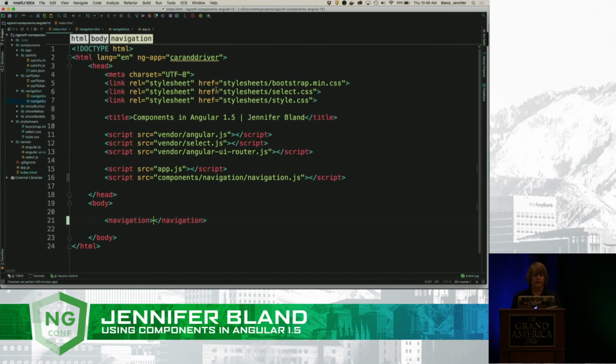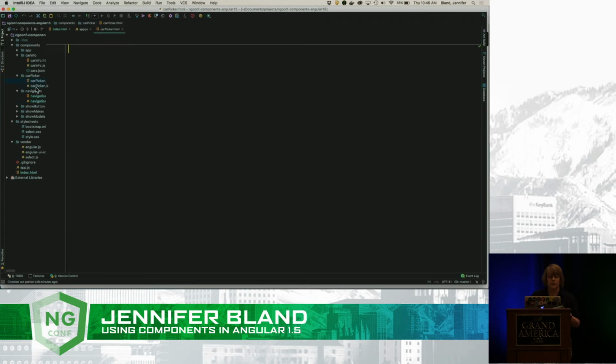So now that we've got that in, the next thing that we want to do is start creating our car picker component. And our car picker is going to be the brains behind most of what we're going to be doing from here on out, because it's going to control all of the child components for showing the make, the model, and the button itself. So I'm going to close out of this, and if I come over here to my car picker,